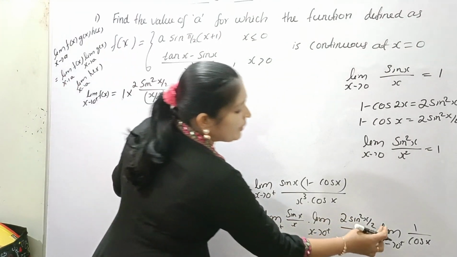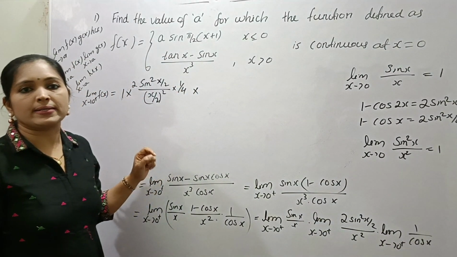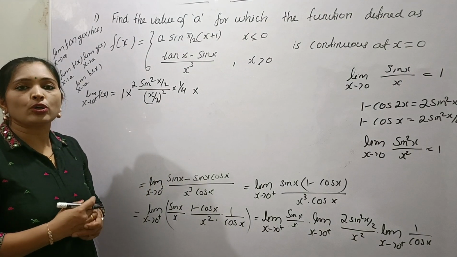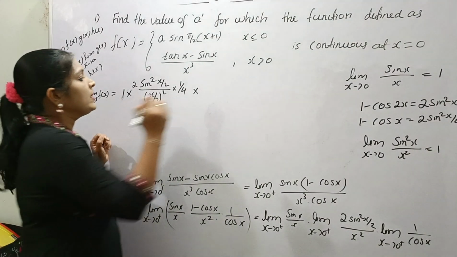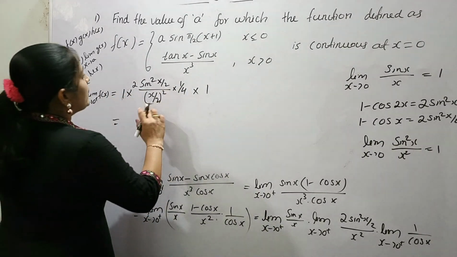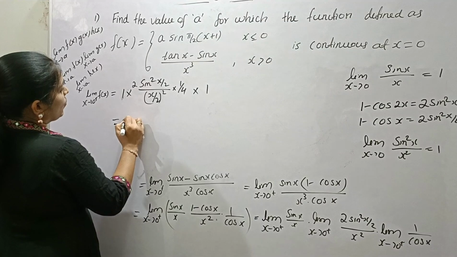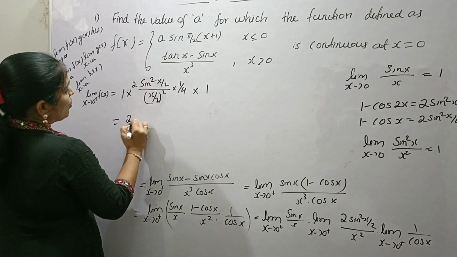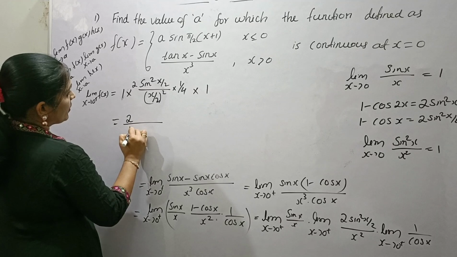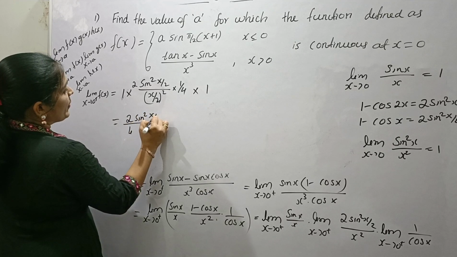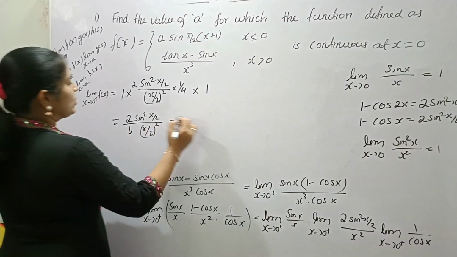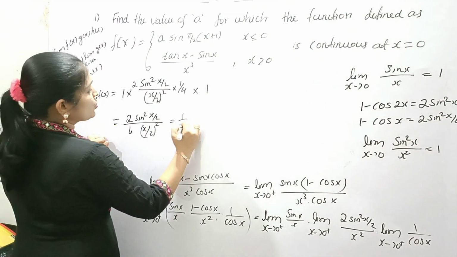Limit x tends to 0, 1 by cos x. Cos applied x is equal to 0, substitute x is equal to 0, 1 by cos 0, 1, that is 1. Okay, now what about this one? Here 2, this 4 will be down, okay? Sin square x by 2, x by 2 whole square, that is equal to, here it is 1 by 2